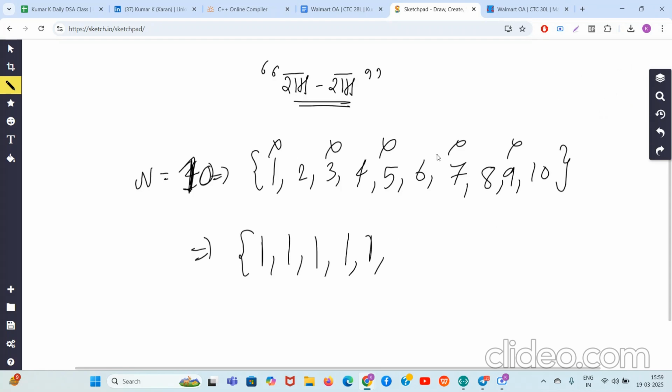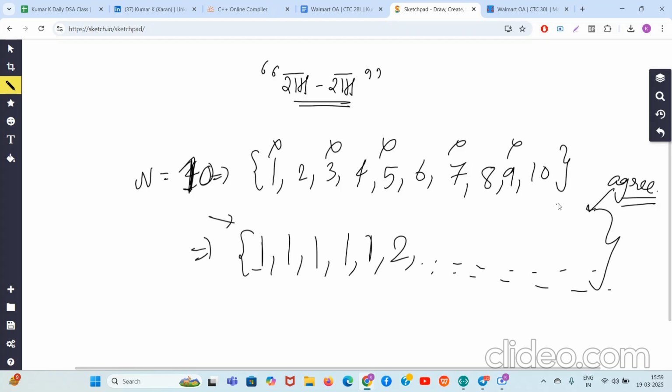If I follow the method of removing odd numbers, then my sequence looks like this: 1, 1, 1, 1, 1, 2, and then there will be something. I don't care about the remaining part. But guys, if you try to get all the multiples of 3, you will have to remove much more numbers.